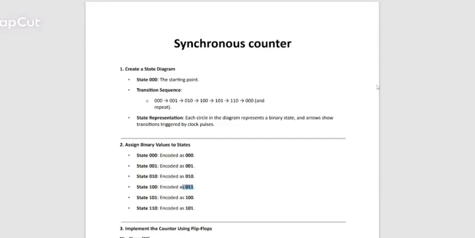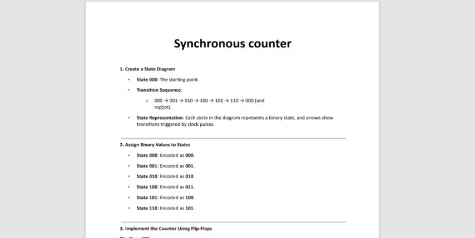Okay. Before designing the synchronous counter on Logisim, I want to give some steps which I will follow to design my circuit. Step 1, create a state diagram. In the state diagram I will start from 000, that is my starting point. Then the transitions, how the transition sequence will work: 000, 001, 010, 011, 100, and I repeat